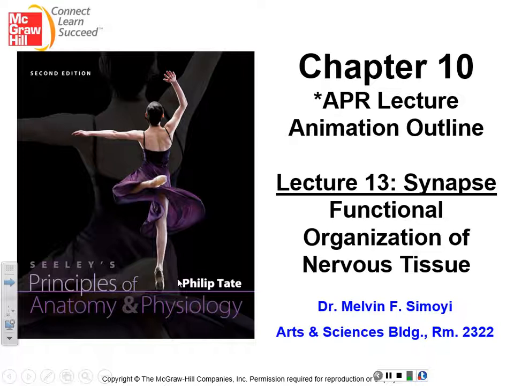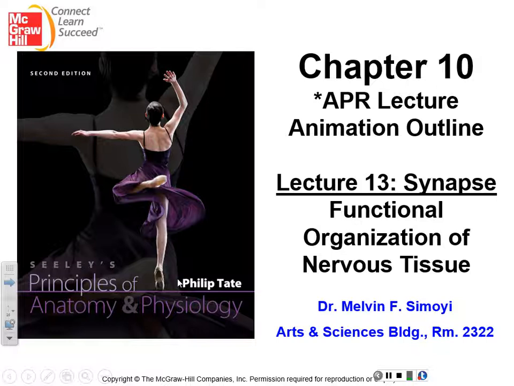We're going to do lecture 13, Synapse, and it's going to be a lot of information we've covered before because we talked about it when we did the neuromuscular junction. So today we'll mostly talk about the synapse between neurons, all right? And we'll talk about more neurotransmitters, and we'll also introduce neuromodulators, which control how neurotransmitters send the message to the next neuron. And then we'll talk about how they all connect together at the end, when we talk about neuronal pools and so forth, all right?